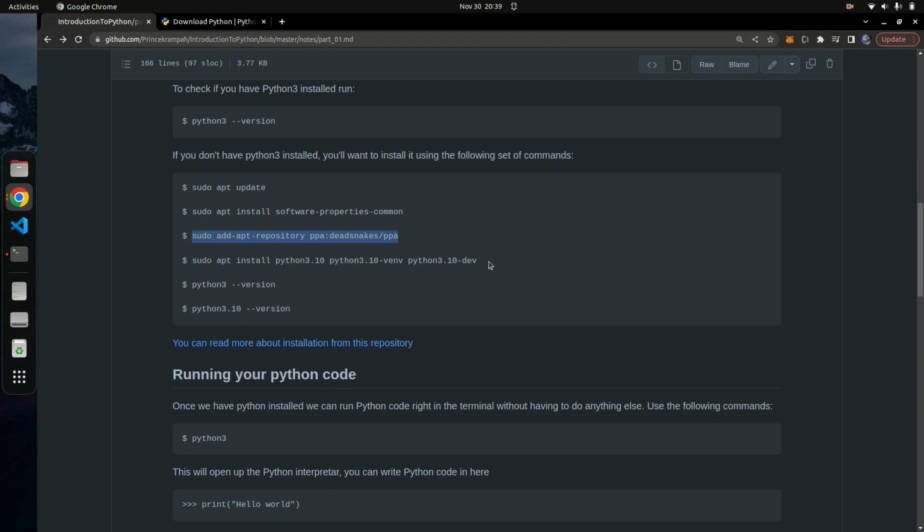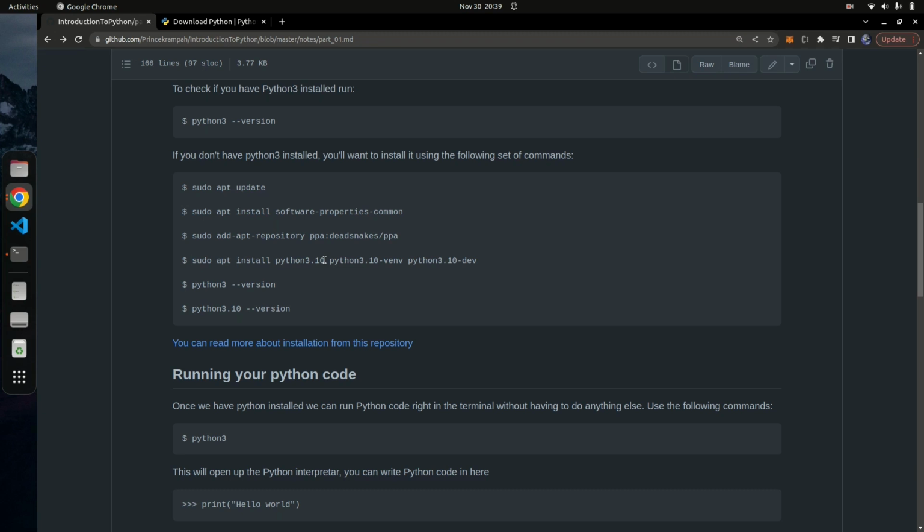Okay, so once you run that command, that should install some apt repositories for you. After that, you're going to go ahead and install Python 3.10. You can change this to 3.11 if you want. Just make sure you run this command, and it's going to install Python 3.10 in this case. If you want to install 3.11, just change that, but I think just going with Python 3.10 is very good.